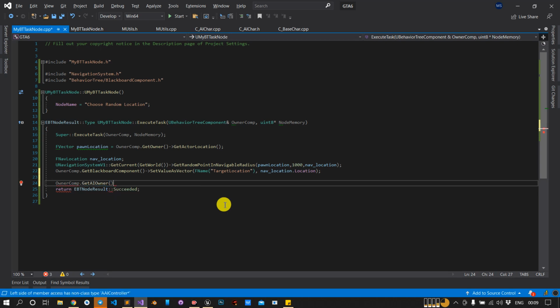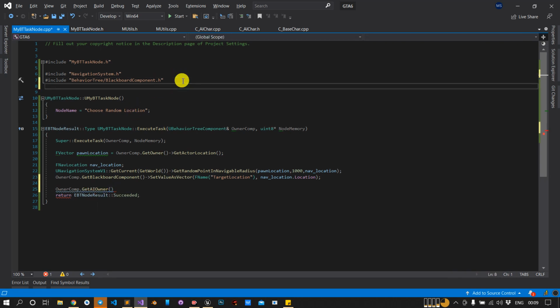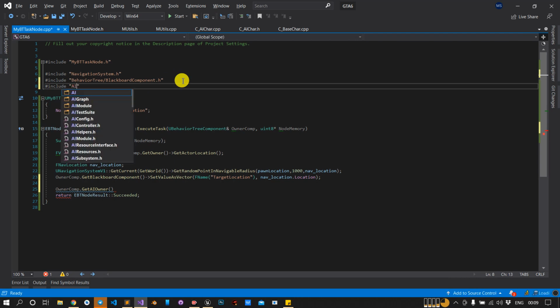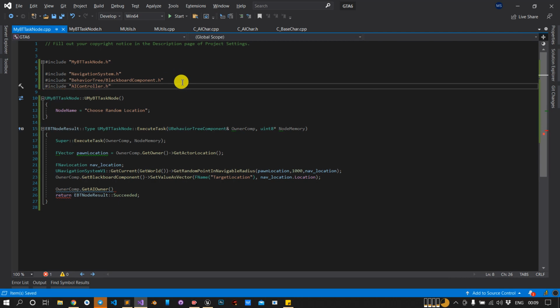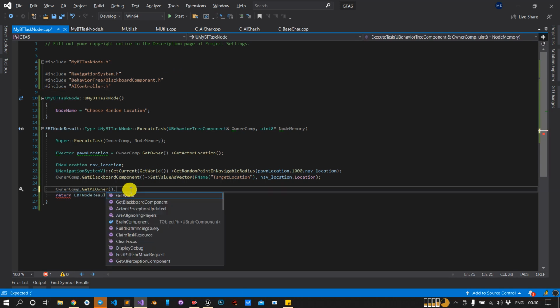It is not giving you the access, so you have to include the AI controller too. Just for the sake of it, AIController.h. Okay, now I can use this, I guess. Perfect.